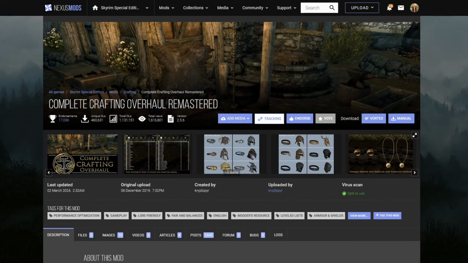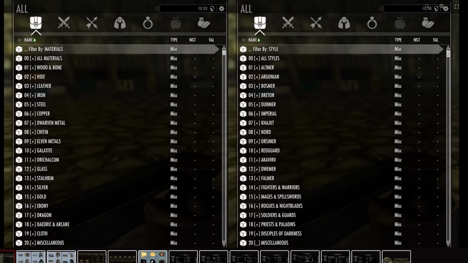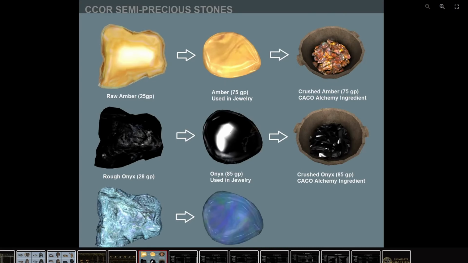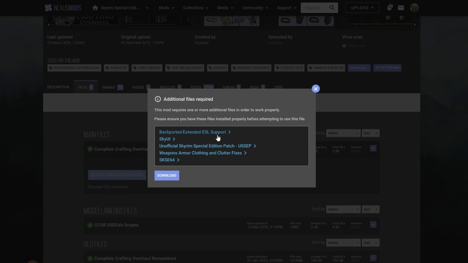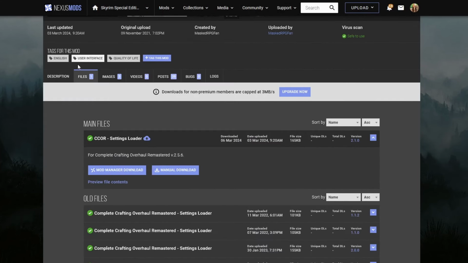Complete Crafting Overhaul Remastered. You may have come across this one before, offering an entirely new way of creating items in-game. The MCM menu allows you to decide how you do so. The backported extended ESL support is only for versions previous. Complete Crafting Overhaul Remastered, Settings Loader,